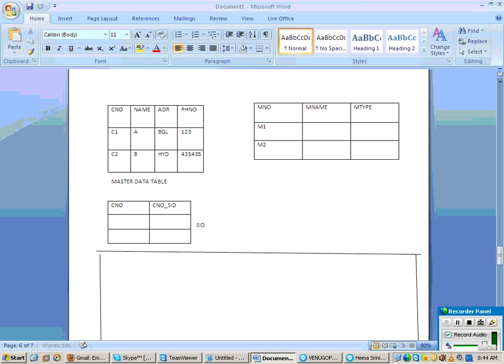No, this table is outside the cube. That's what I'm saying. Whenever I'm creating a character info object, I'm not saying when we are creating a cube. If I say when I'm creating a cube, it means it is inside the cube. But right now I'm saying I'm creating a character info object.